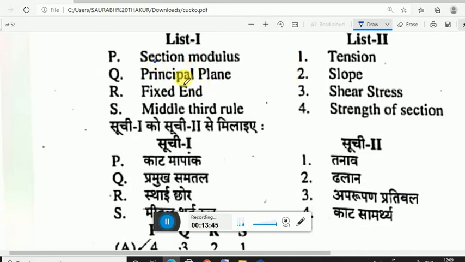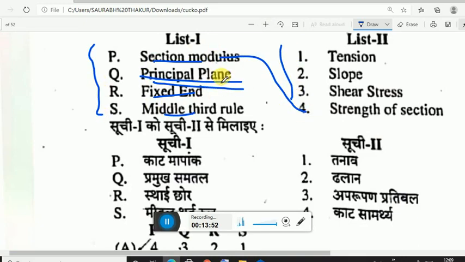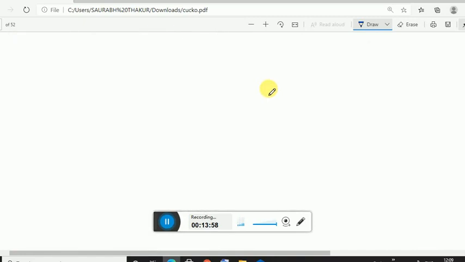Section modulus. What you have to do, you just have to match section modulus, strength of section. Principal plane, at principal plane shear stress is 0, at fixed end slope is 0. Middle third rule for tension. Simply